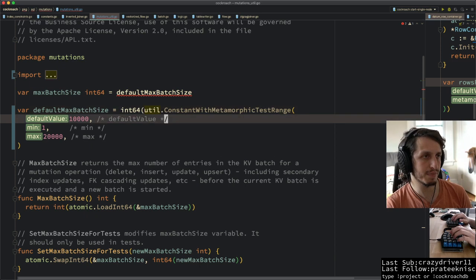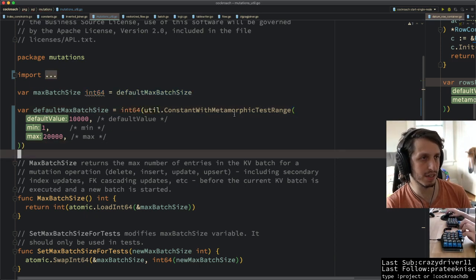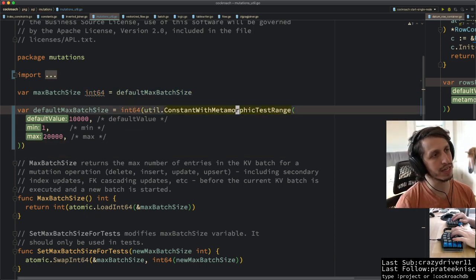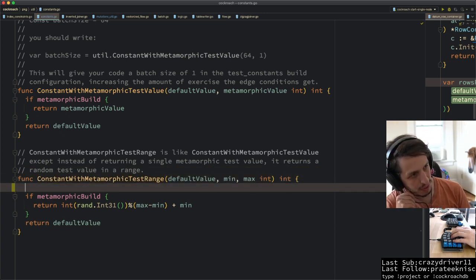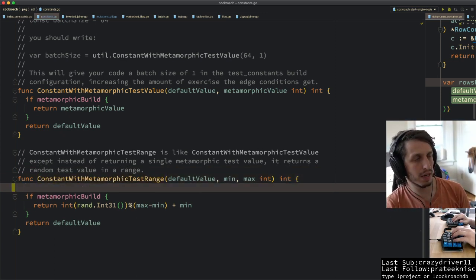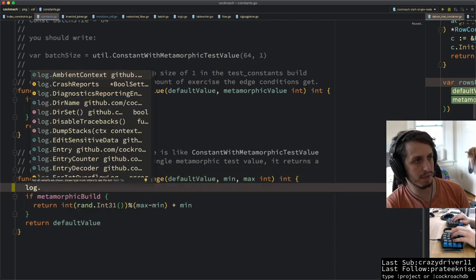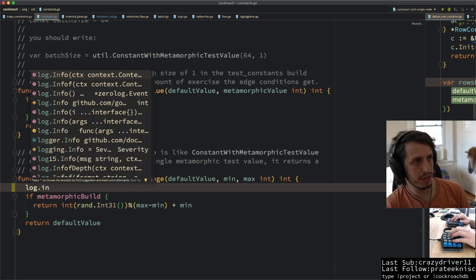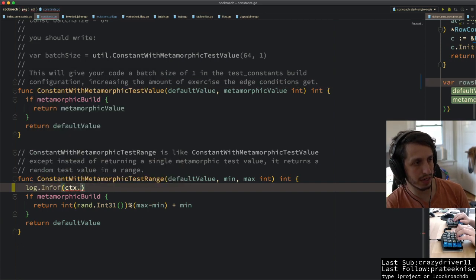It's almost as if we need to pass in the name of the value here, or else we're gonna really, oh, you know what we could do, no, here's what we'll do. We'll say log dot, do we really have a logging context here though? I guess we should just say log.infof, we can put context.background,